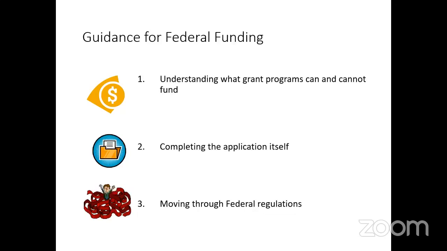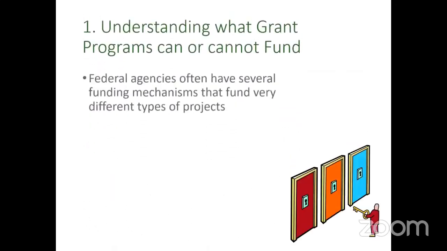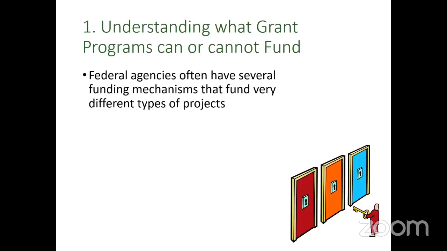And then there's also the piece of moving through that red tape or the federal regulations. And that's just a part of it. And we're going to help you understand that and hopefully make that a little less frightening. So you'll be ready. Okay, so thinking about what we can and cannot fund,